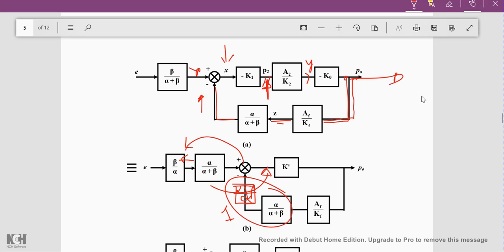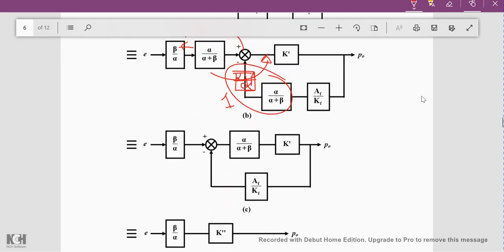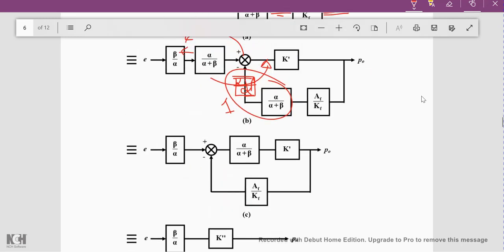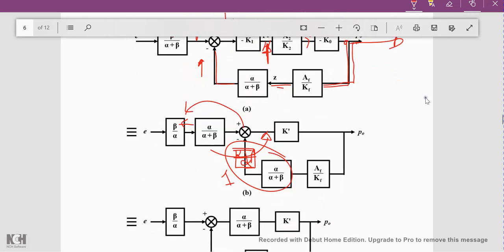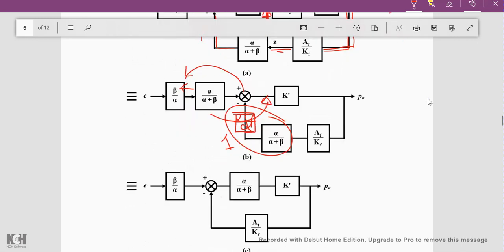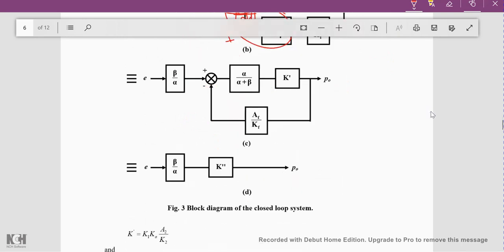So what we get is this block, so the alpha plus beta has been moved here, or you can say the summing point has been moved here, and alpha plus beta is inside, and this block has been converted into 1. The remaining term, whatever multiplication was there, has been converted into k dash in the first case. k dash is the entire representation that we will write later. And here is another block. The total multiplication here we can convert into k double dash.